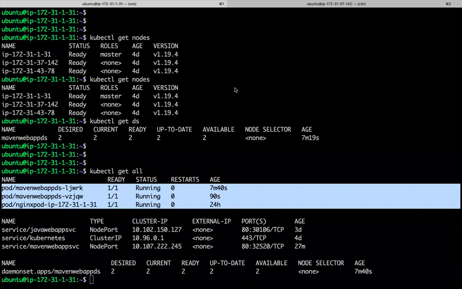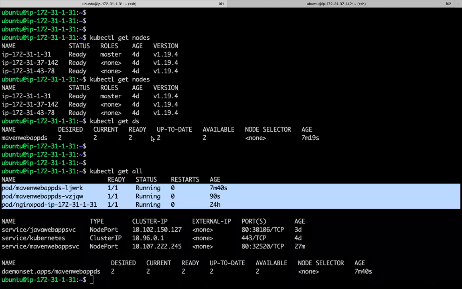As we already discussed in Docker, like log aggregation software, monitoring software, right? Some kind of application or software which you want to run on each and every node,